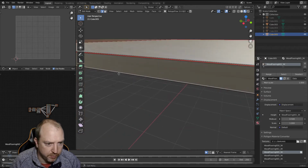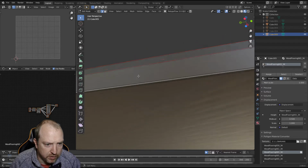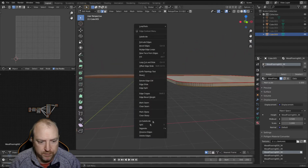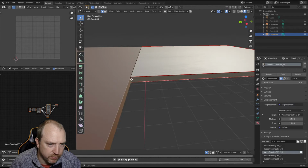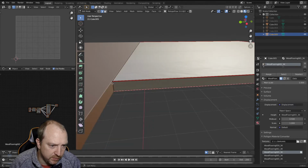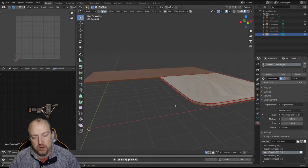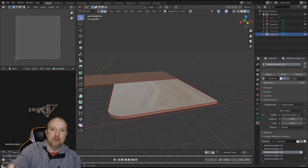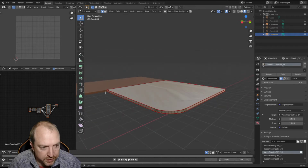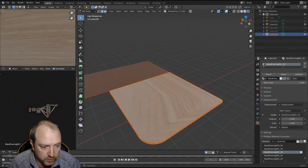let's hit the decimal point so we can zoom in better. I'm going to hit it right here. This one, I'm going to hit Alt, select it. It goes all the way around. We are going to mark seam. And I want it to unravel from this corner here because you won't be able to see it. So I'm going to mark that seam. So basically, what I just did was I said this whole top surface is in one area. This whole surface all the way around and back to this corner is going to be a long straight strip. And this bottom surface is its own area. So if I hit A to select all,